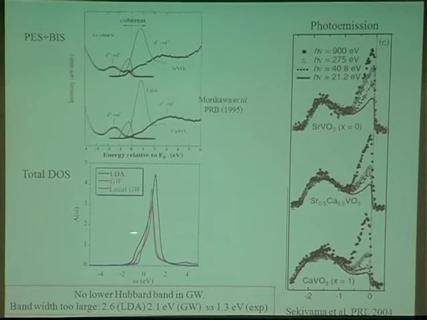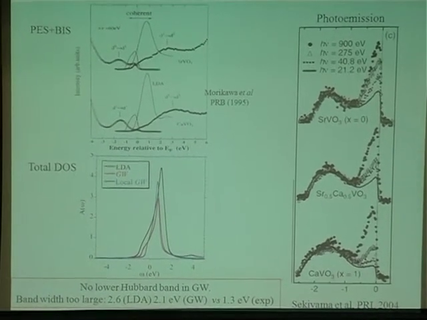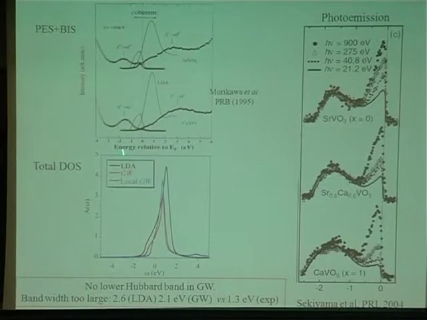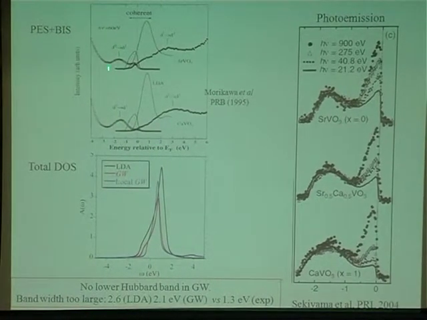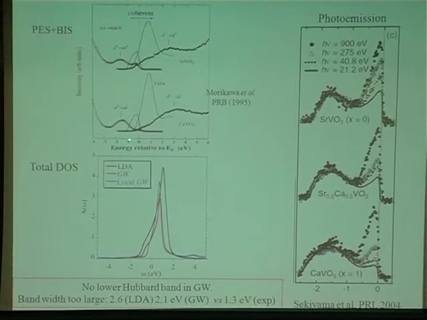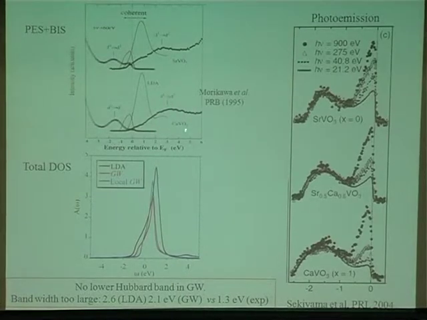So we see quite a few problems. Of course, in LDA, we did not expect to get satellite features. These are the incoherent features at around -1.5 eV, and there are also some incoherent features here around 2.5 or 3 eV, supposed to be the lower and the upper Hubbard bands. So when we go from